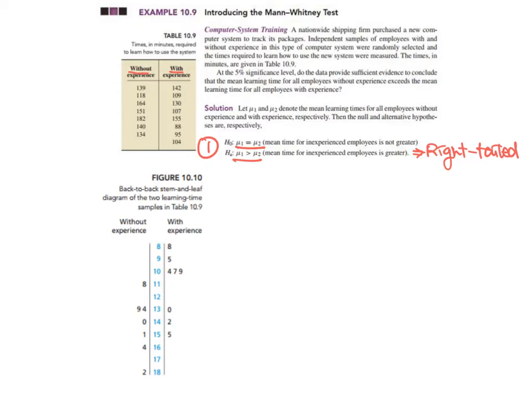We need the ranks. So here is the back-to-back stem-and-leaf plot. Here we have 88, 95 and 104, and this side has 100, 55. You can see the observations in each group, then we can rank them. We assign rank 1 to the smallest one. The smallest one is 88, and the second smallest one is 95. And 100